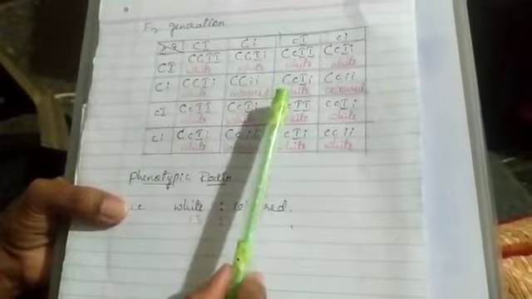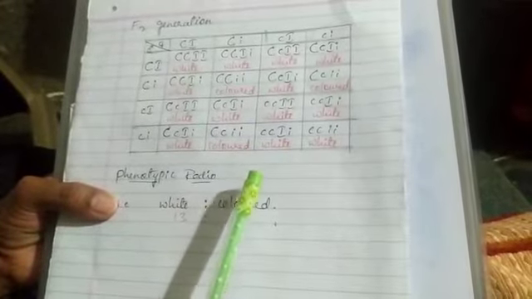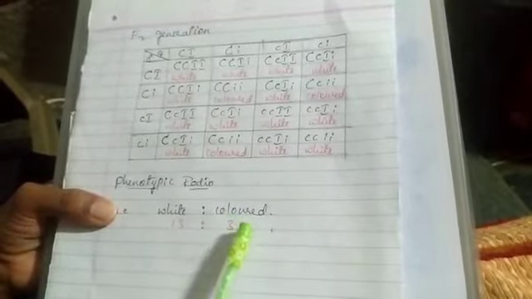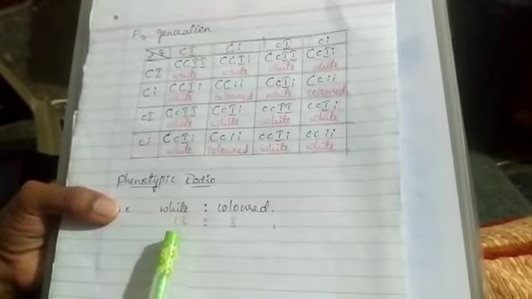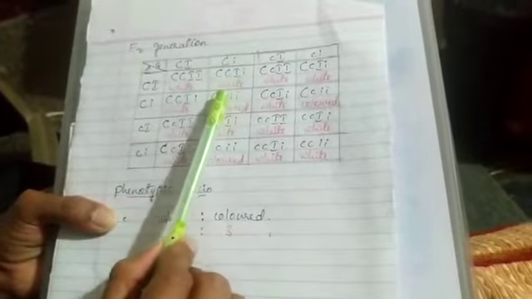Similarly, all these different types of gametes cross to form new offspring. Out of the 4 types of gametes, 16 combinations are formed. Out of the 16, two different phenotypes are formed: white and colored. White contains 13 and colored is 3. In the white, the presence of capital C and capital I expresses the white color. Another, capital C and capital I, also expresses white.